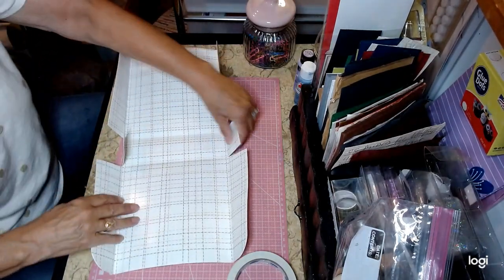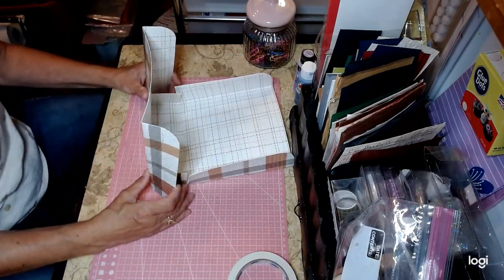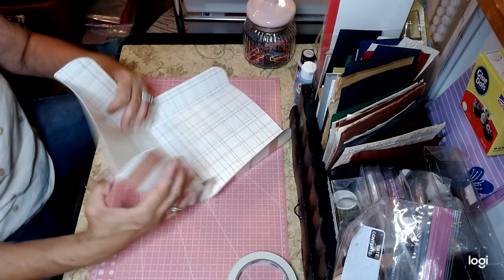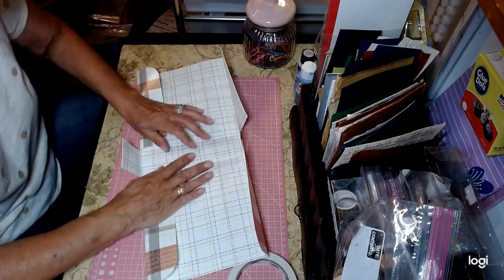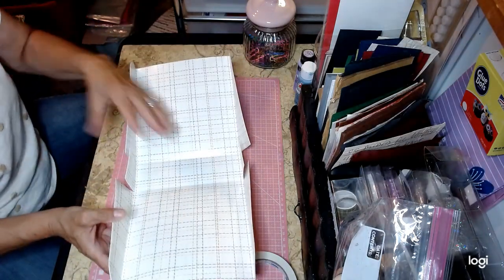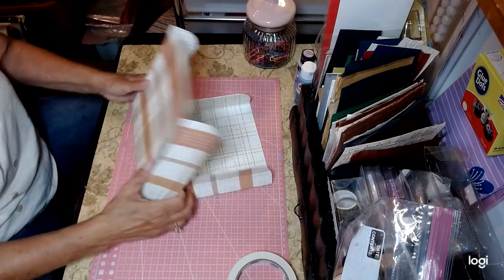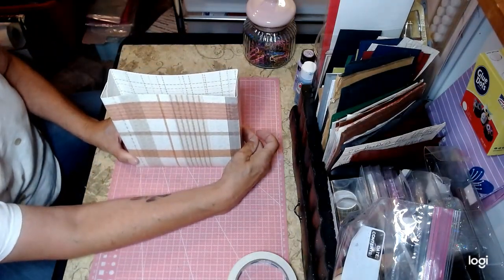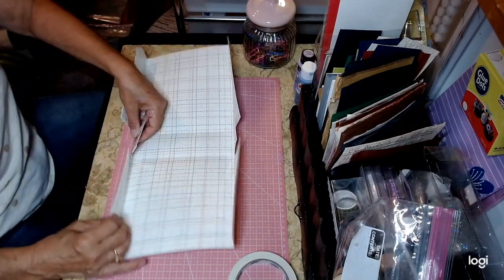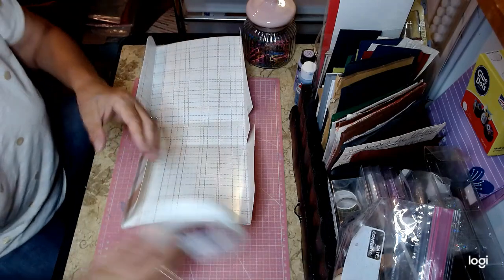Okay, and what we want to do, you have to determine what you want to be your front and which you want to be your back. Okay, we have this. And we have this the exact same, so it doesn't matter. You want to make sure with these that your two sides are running the same way. I prefer myself to have the two panels that are open going to the back, like so. Okay, that's how it's going to be. So what we're going to do, I'm going to take some tape, and we're going to tape here, and we're going to tape here. Okay, I'm going to take my double-sided tape